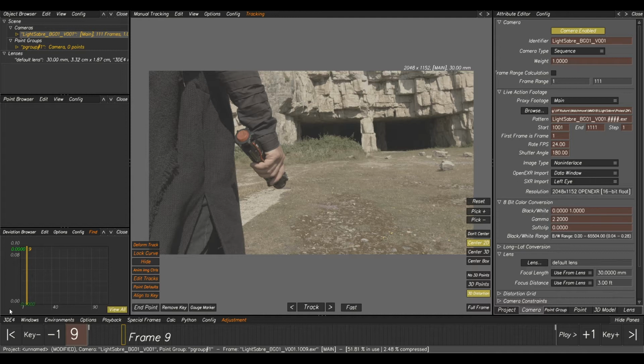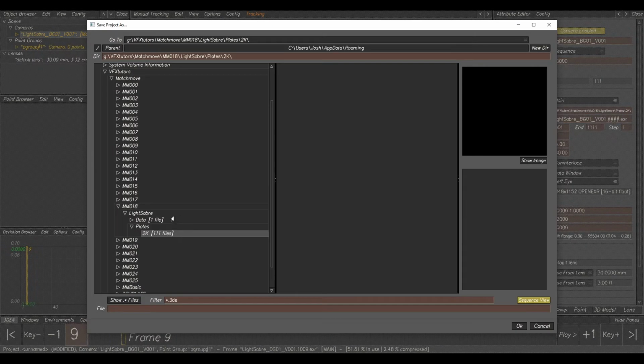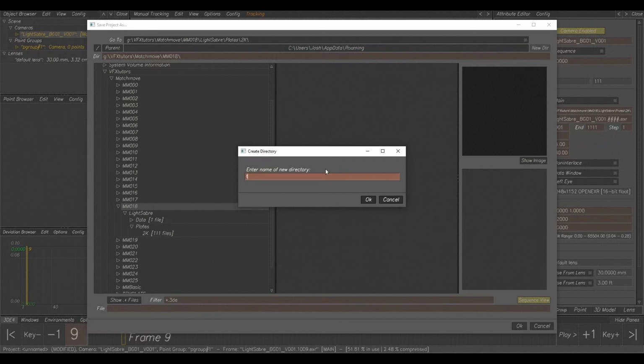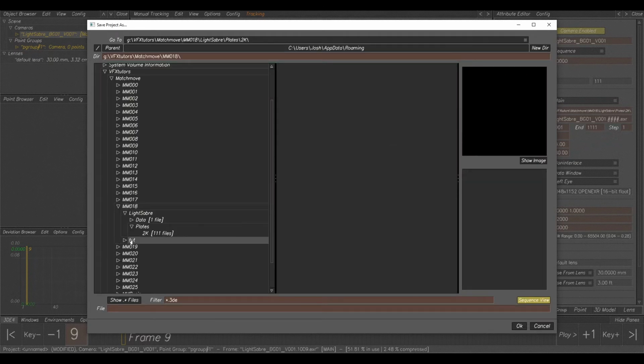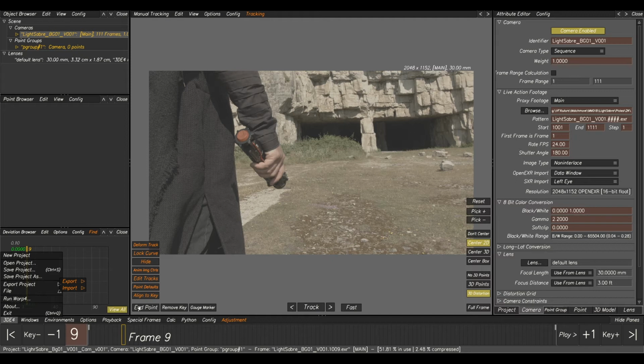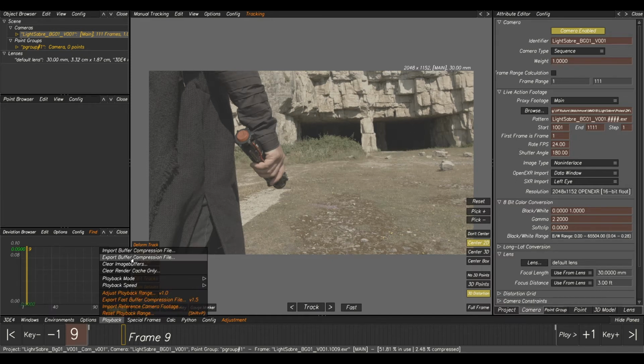So now if we scrub through our timeline, it can be quite laggy, so we need to export our buffer compression file. So what I'll do first, I'll just save it. I'll just go to my file and I'll make a new directory where I'll save all my files. And I'll just call this the shot name, so I always know that this corresponds with that image sequence. Select OK, playback, export buffer compression file,